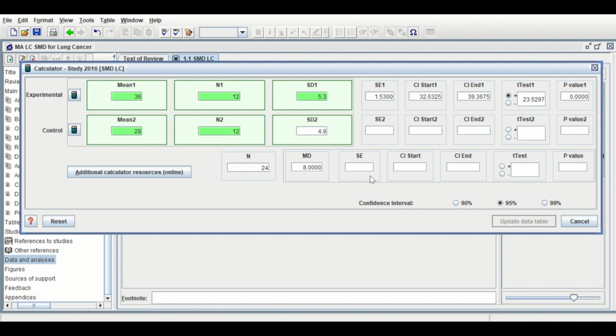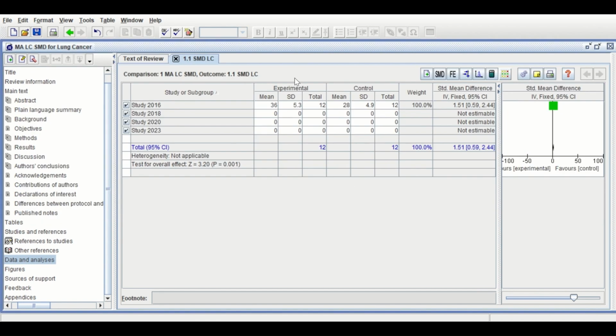4.9. And if I hit enter, the values are automatically generated for each group with 95% confidence interval, p-value, standard error. And if I click on update data table, the values are inserted into this area here that is corresponding